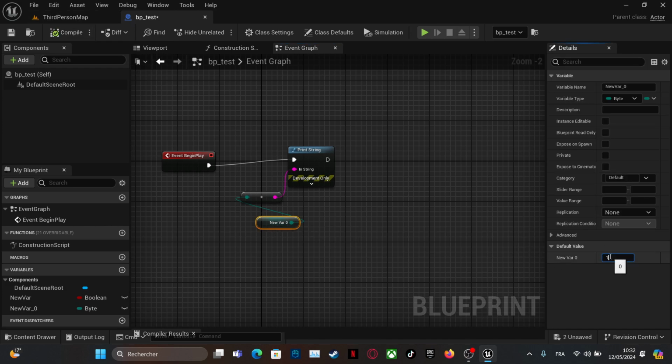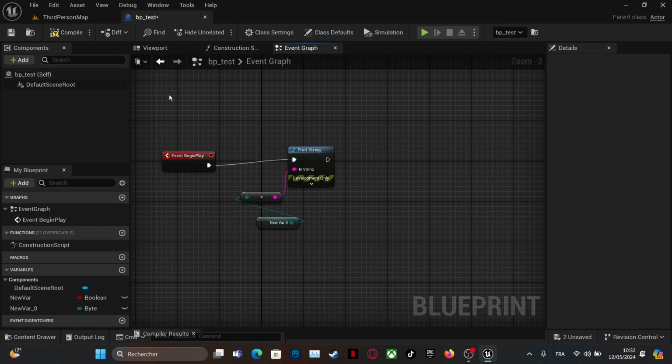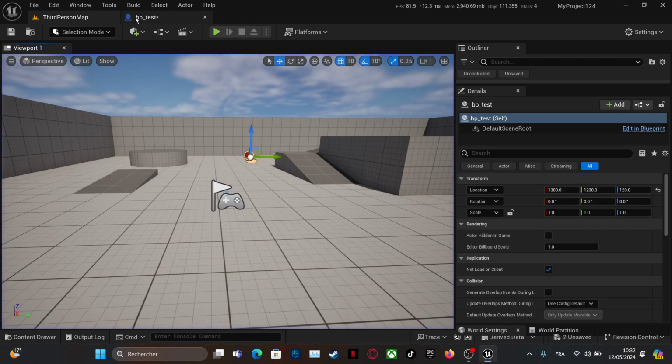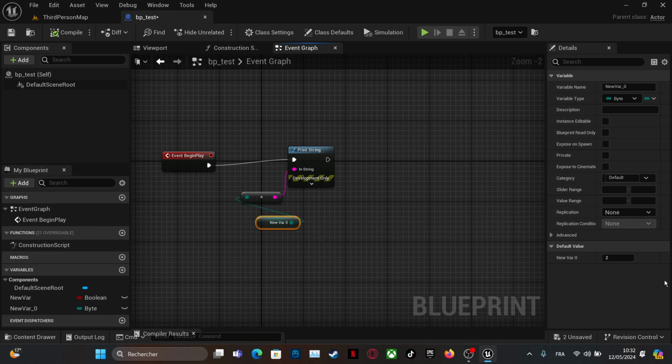If we give it something like 1.5, it only ranges over whole numbers from 0 to 255: 0, 1, 2. So let's try it. If we try to give it something like 4.6, it will give it back as 4. It will remove the floating part.